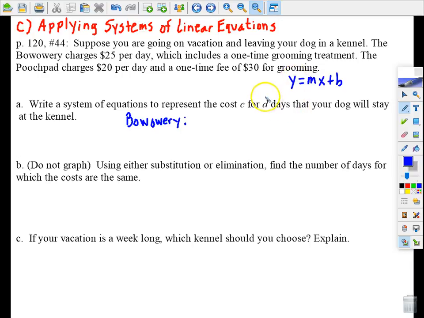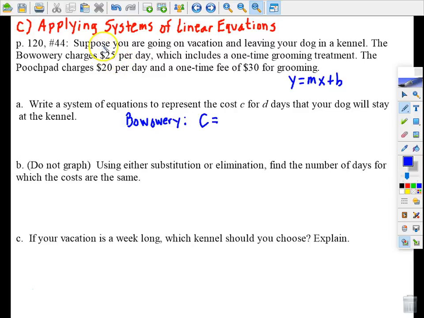Well, in this case, the cost is determined by how many days. So in this case, D will stand for a number of days. It's the input, and it's that input that will determine whatever the cost is, or the output. All right, so cost, C, is determined by, for the Bow Wowry,